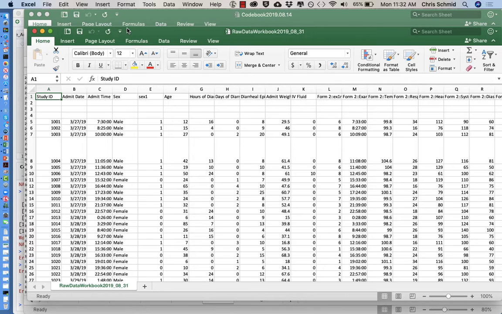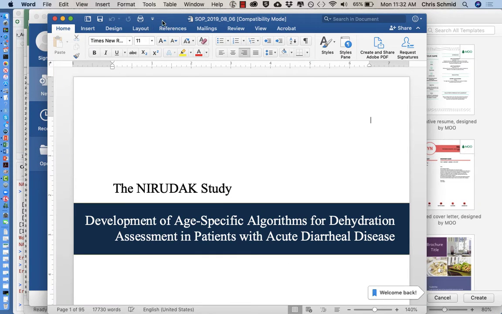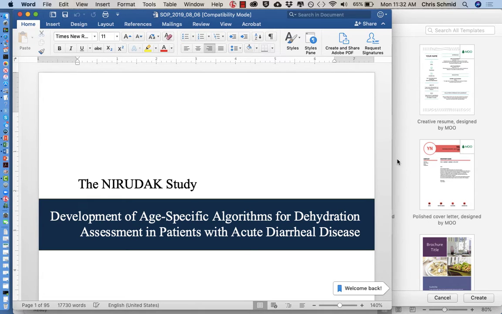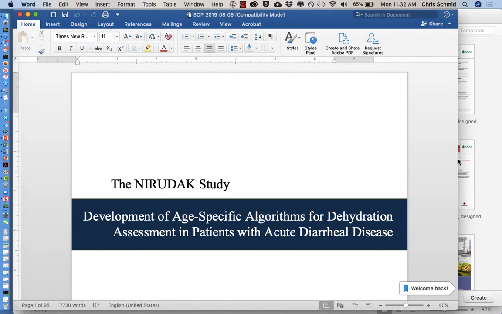So let me show you. So this is this Bangladesh study I was talking about. We call it Narudak, which is a Bangladeshi word, and I'm forgetting now what it means. But anyhow, that's where that comes from. And so the idea here was we wanted to develop